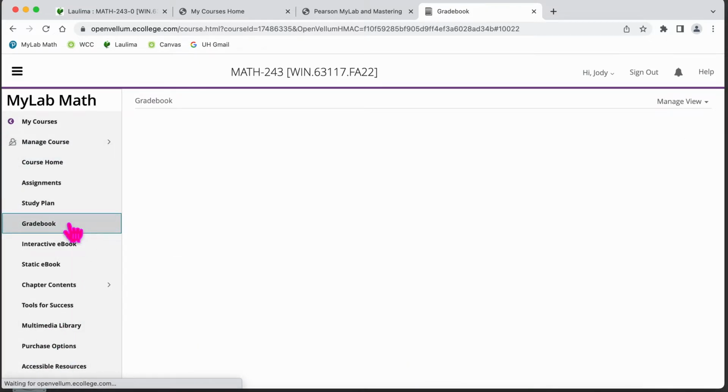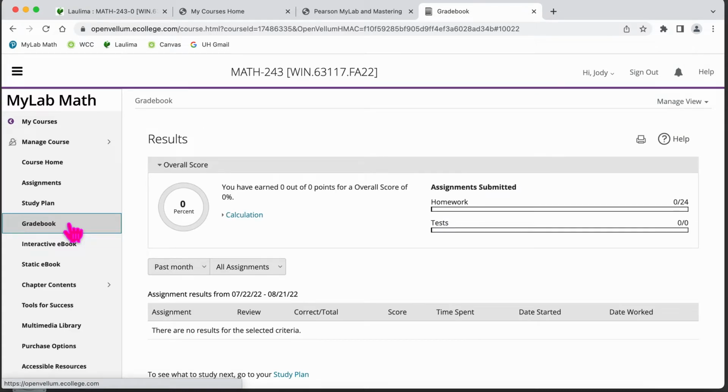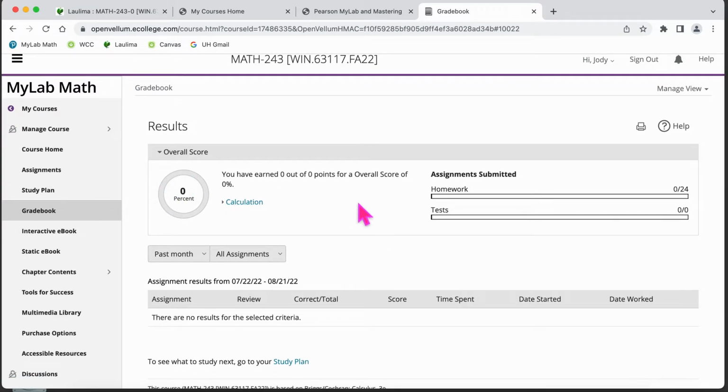Let's go into the gradebook first. The gradebook on My Lab, I don't really use it. The reason why is because of the percent grade, notice I don't even have anything posted in here. I didn't do any assignments. The percent grade that you're going to see is just on assignments that you have submitted. After the due date, I will go in and update your My Lab grade, but it's not automatic. So it's a little bit misleading when you look at your grade in My Lab. It's not your course grade. It's just the grade of things that you have submitted.